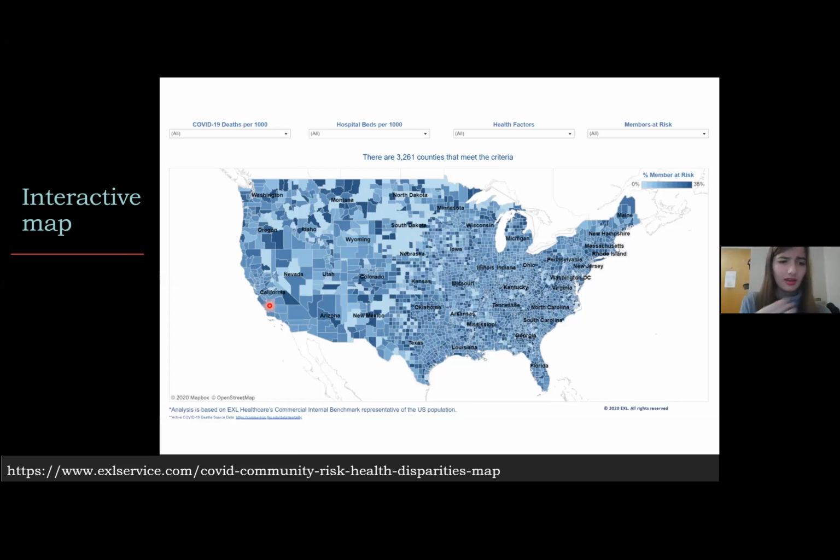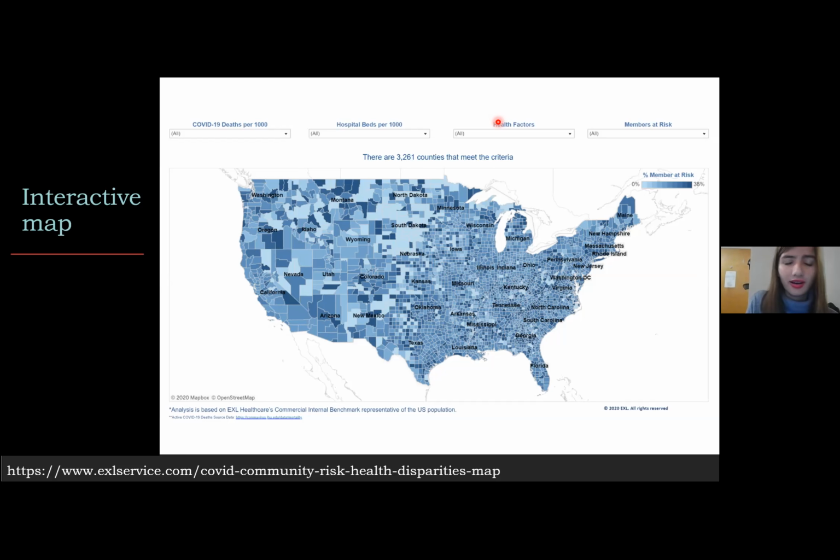And then the link is below, and we'll share the slides, but this is a really cool interactive map that you can go to. You can edit what you want to see, like the amount of deaths in a certain county versus the hospital beds per 1,000 people versus health factors and members at risk. And you can actually see just how different all of these places are when it comes to how people are handling the pandemic and how the hospitals are able to keep up with that. It's really fun to play with, and something to notice just how many different ranges of